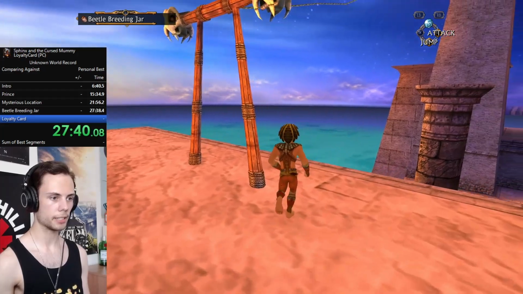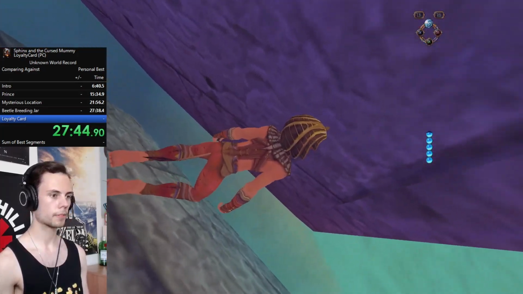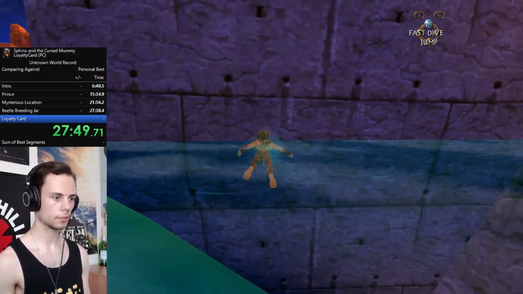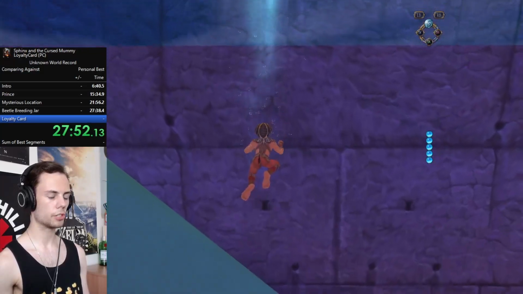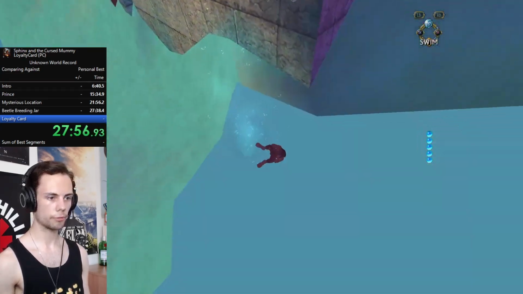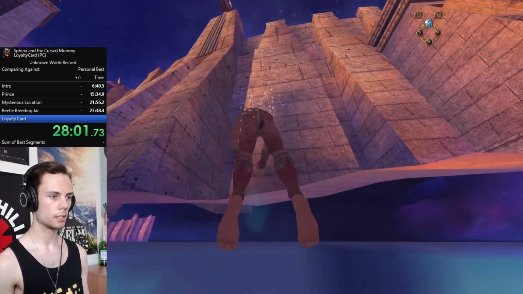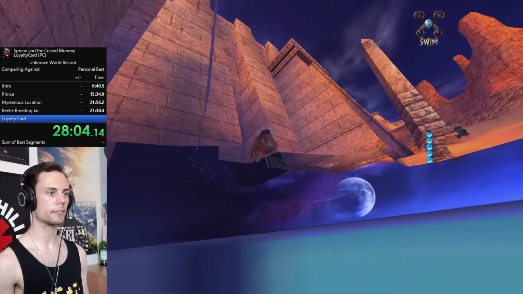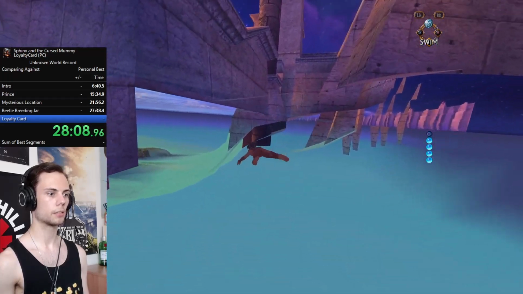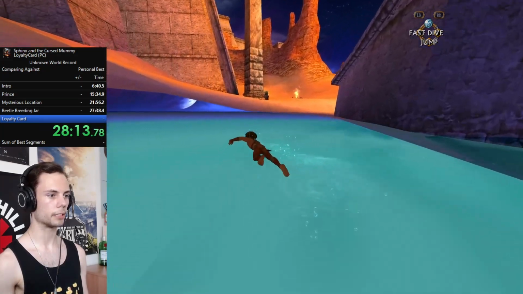Right, that's that split. So we come over here, drop down here, and we can just do a normal swim glitch through this wall. And what we've got to do is dive down here, come up back where we just were, dive again. Oh, no, we don't want to dive again. My bad. Make sure we come up in the right place. Here? Yeah, there we go. Okay, now...